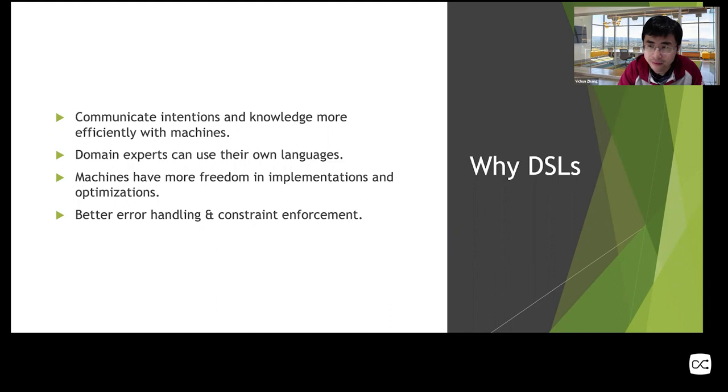And the second one is that domain experts, like mathematicians and physicists, tend to use their own languages for their domains. Just like every mathematician tends to invent his or her own syntax or notations for every math book.